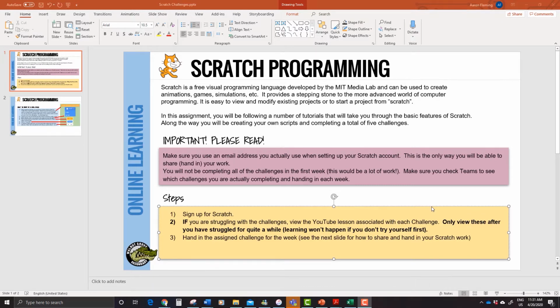So I teach programming at the school at Walnut Grove, and in grade 8 we do a little bit, usually with RPG Maker, but since that's not accessible this year, we're going to be looking at Scratch programming. So you may have done this in elementary school. It is a pretty basic introduction to it, but the cool thing about it,